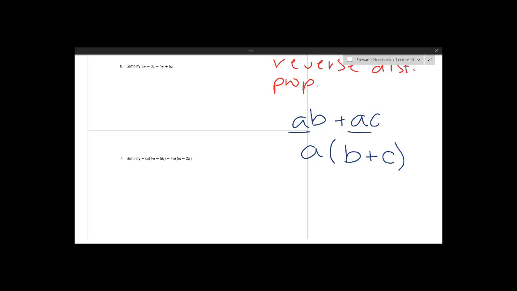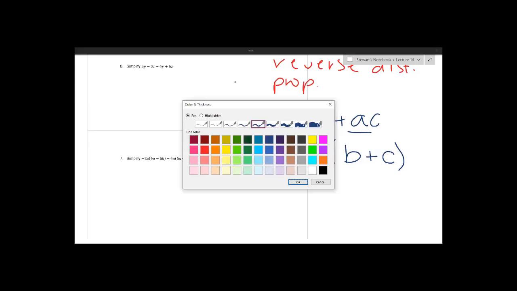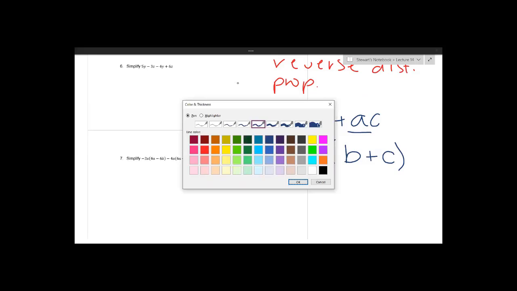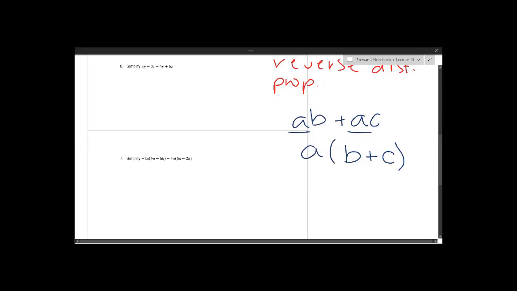And the kind of idea behind this is you're noting it in a different way. You're factoring out, or you're dividing out the common term of A, and the opposite of division is multiplication. So you're noting it then as multiplication times what we had before. Or in another case, I want a different color just to demonstrate a different point. Okay, say you had a squared b